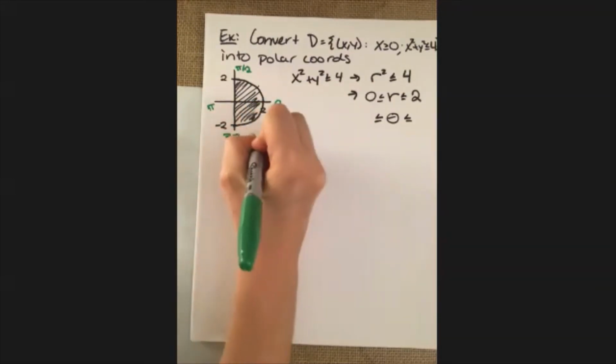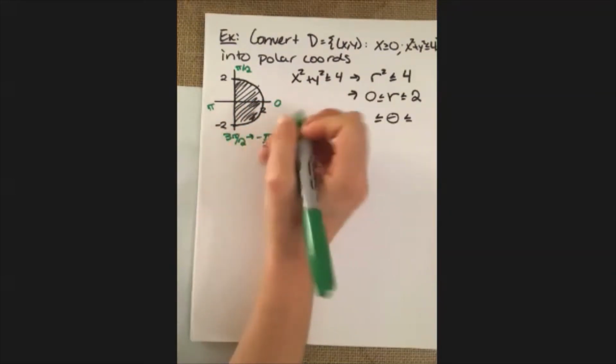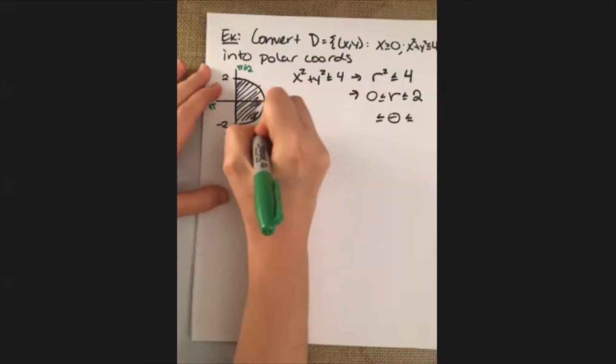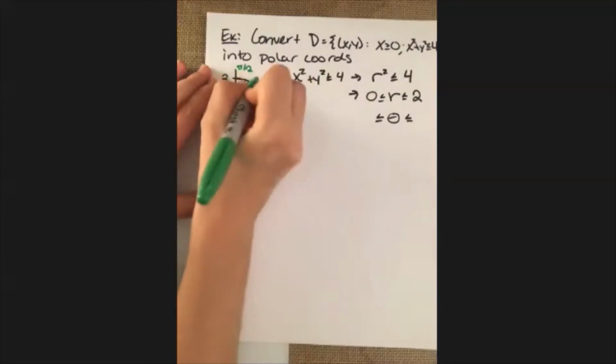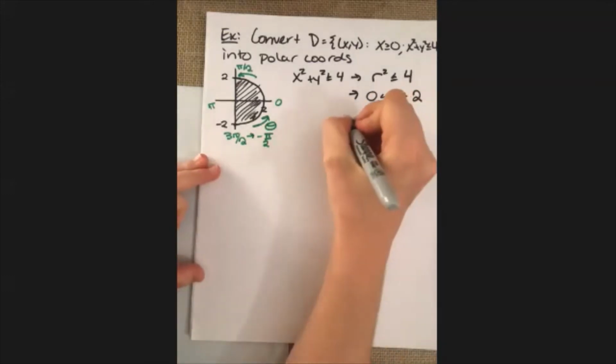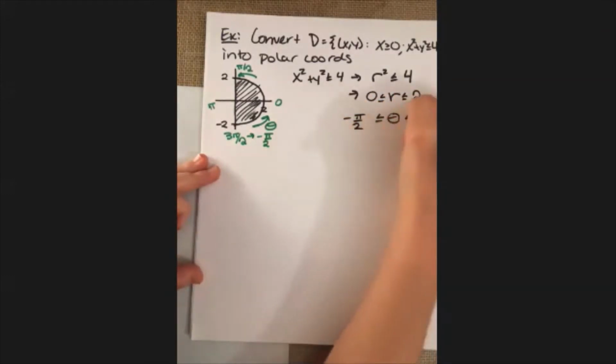So what that's really going to mean is that instead of starting at 3 pi over 2, we really just want to start with negative pi over 2, have it pass through 0, and then go all the way up to pi over 2. So we want theta to be able to go around up to there. So theta is going to be bound from below by negative pi over 2 and can be no greater than